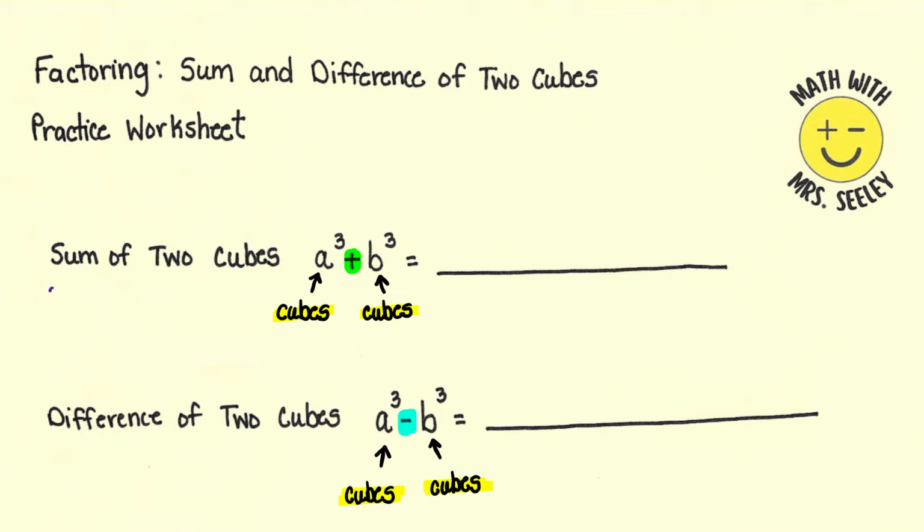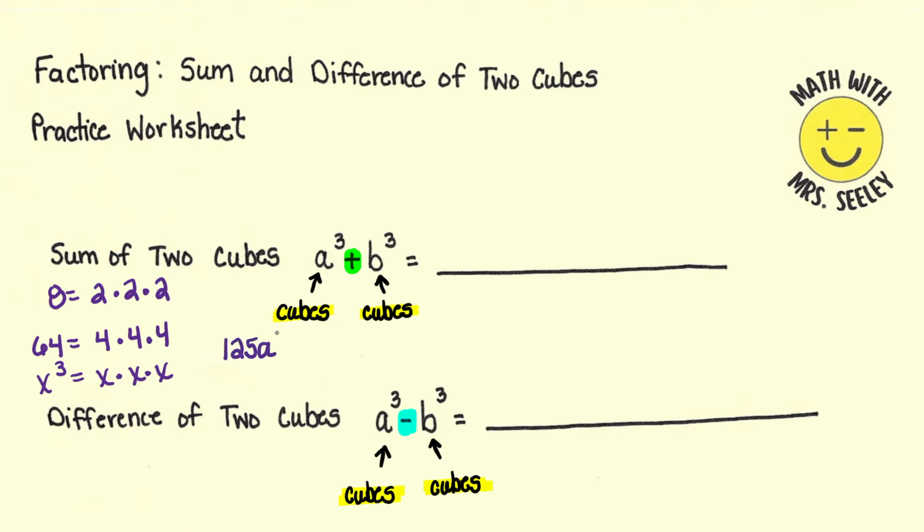So a cube is a number that's multiplied by itself 3 times. Like 8 is a cube because that's 2 times 2 times 2. 64 is a cube because it's 4 times 4 times 4. X cubed is a cube because it's x times x times x. You can even have numbers and letters. For example,